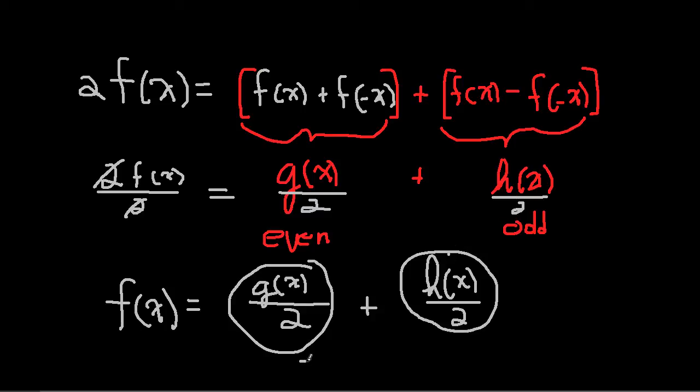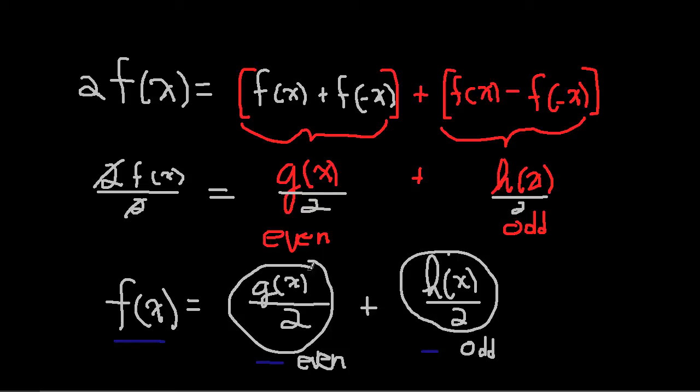So any function f of x can be written as the sum of an even function plus an odd function. F of x can be written as the sum of an even function and an odd function,